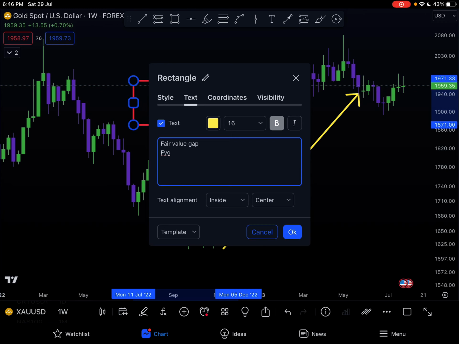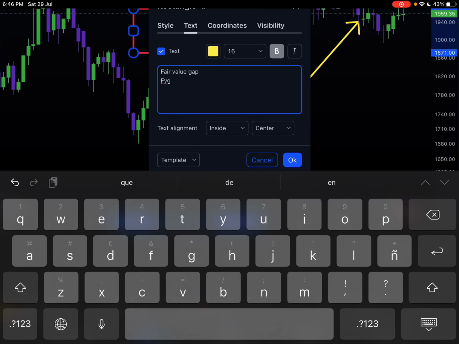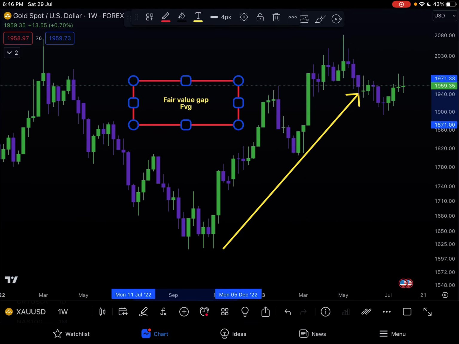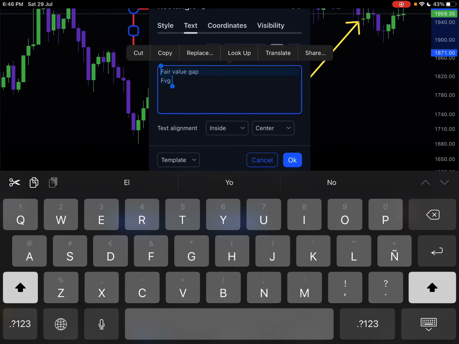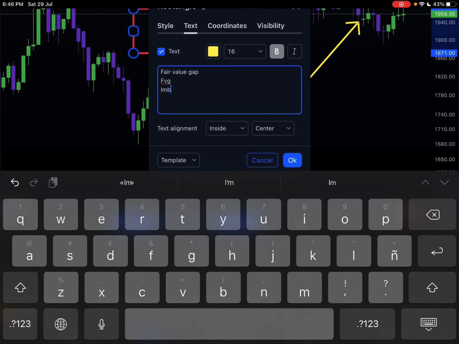In terms of ICT concepts, this was the flagship pattern for so long, and I understood that when he taught it, I was like, oh, yo, this is crazy, because you could do so much with it, and it's so helpful. So either a fair value gap or FVG is what we call it. Another term for it that you might see is,